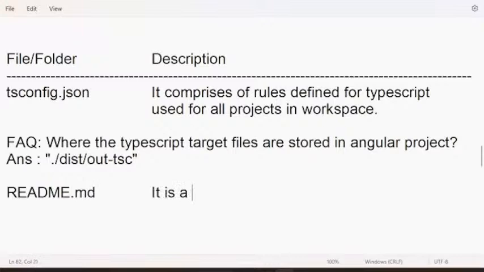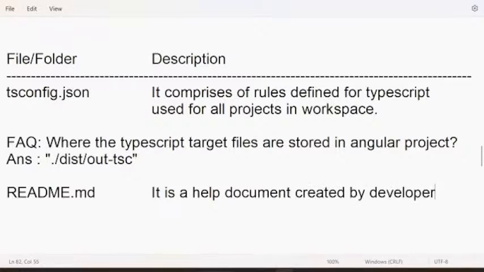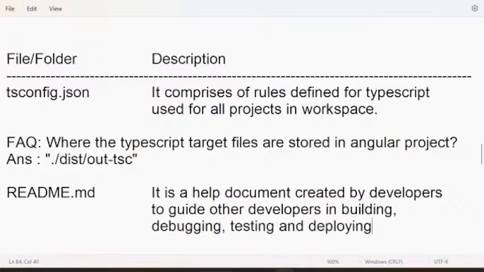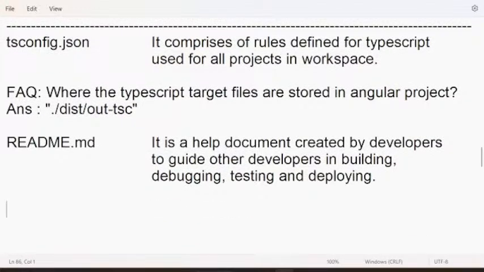It is a help document created by developers to guide other developers in building, in debugging, in testing and deploying. So it is a help document.